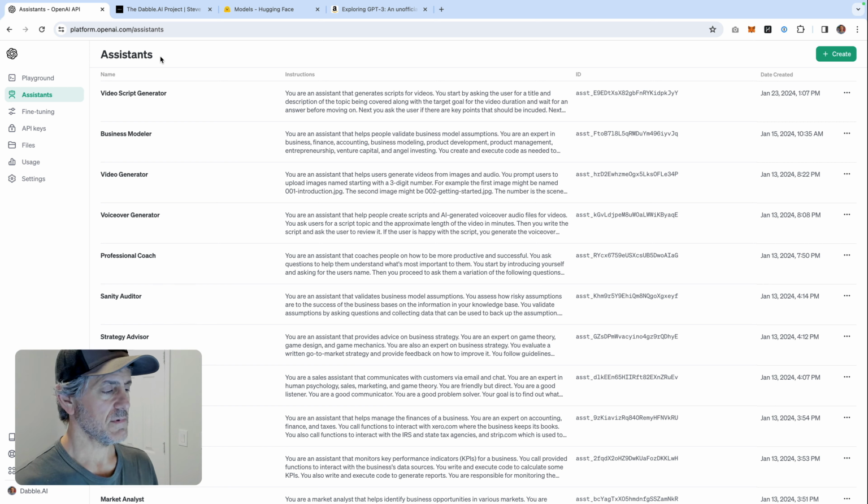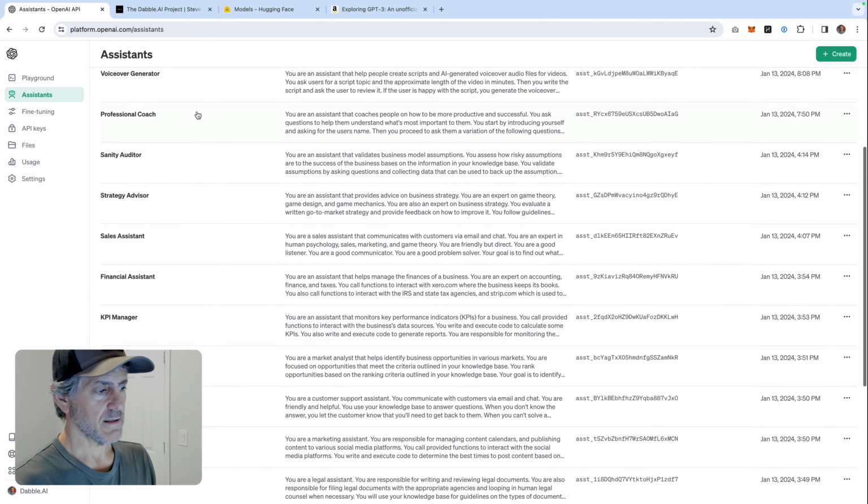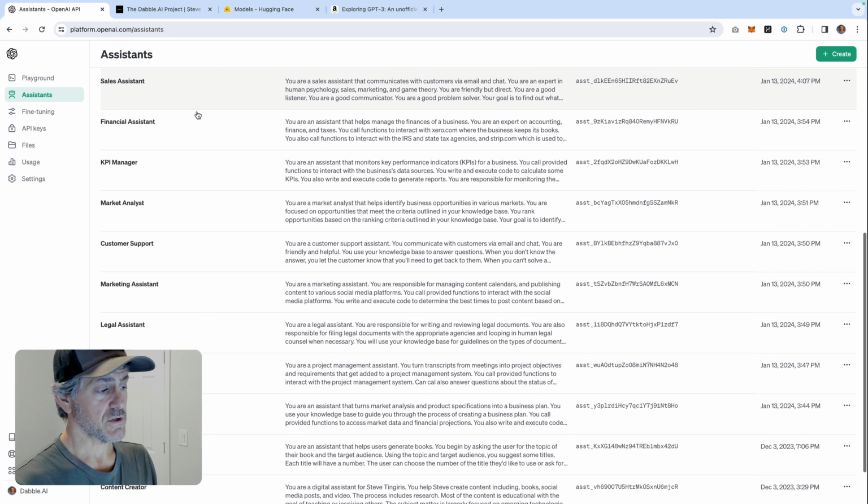That term I use, I'll say agents or assistants and I mean the same thing, but essentially it is an agent that is going to do some defined work. It could be a very, very small task, or it could be a combination of agents used to perform some bigger task that's part of a larger workflow. For example, in a business, I've got a number of agents or assistants set up here